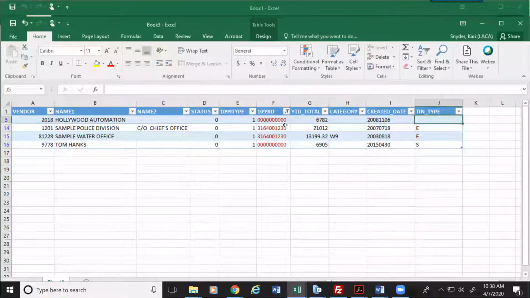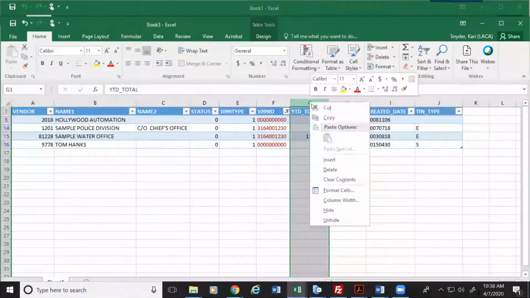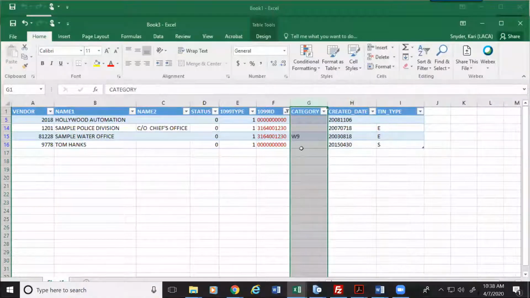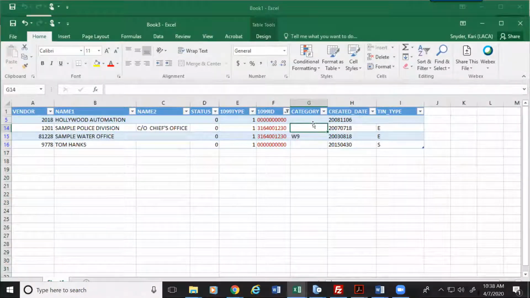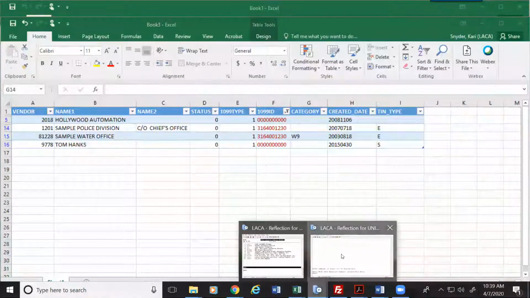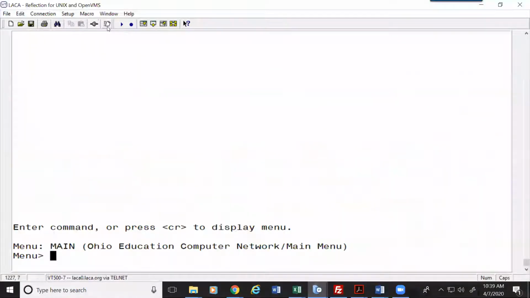You would make those changes to your headings. I would advise you remove any columns that contain dollar amounts in case somebody has processed a check or voided a check since you pulled this information out. You don't want to overwrite your dollar amount information in the system. You would then save it as a CSV. You would go into Reflections, use your file transfer option to transfer the CSV file in, and